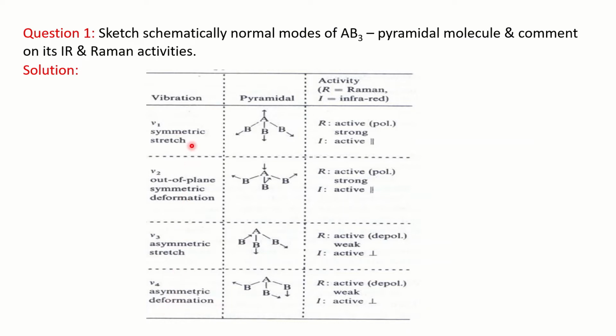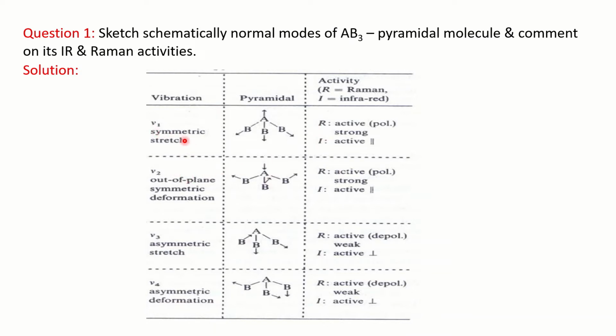But here you can see we have 4 vibrations, means 2 vibrations are degenerate, having the same energy. So you have to write down first the 4 possible vibrations. For that you can see it is represented by nu1, nu2, nu3, nu4. This table is given as per the mutual exclusion principle. The topic I have already covered in the previous video. If you haven't seen that, I will share the link in the description box. You can go first with that video and then you can refer to this particular video.